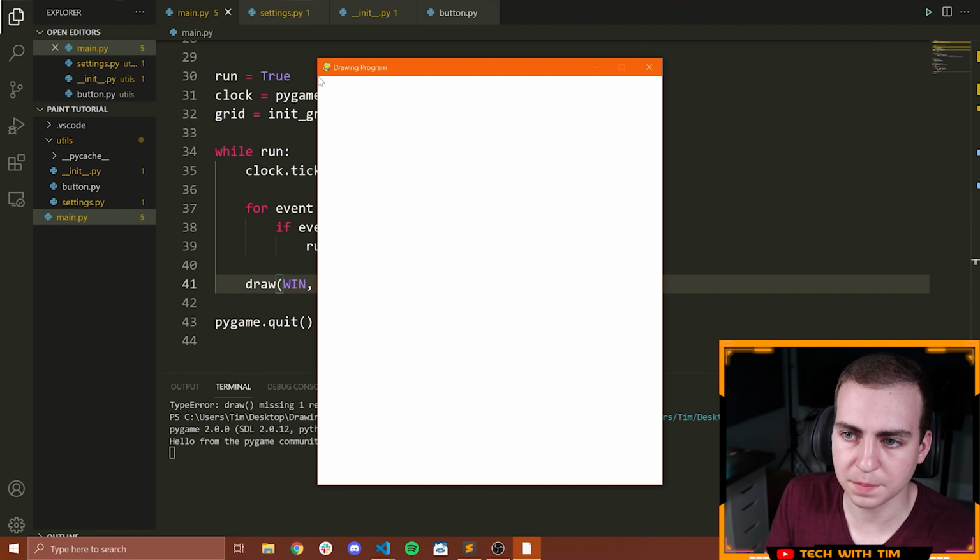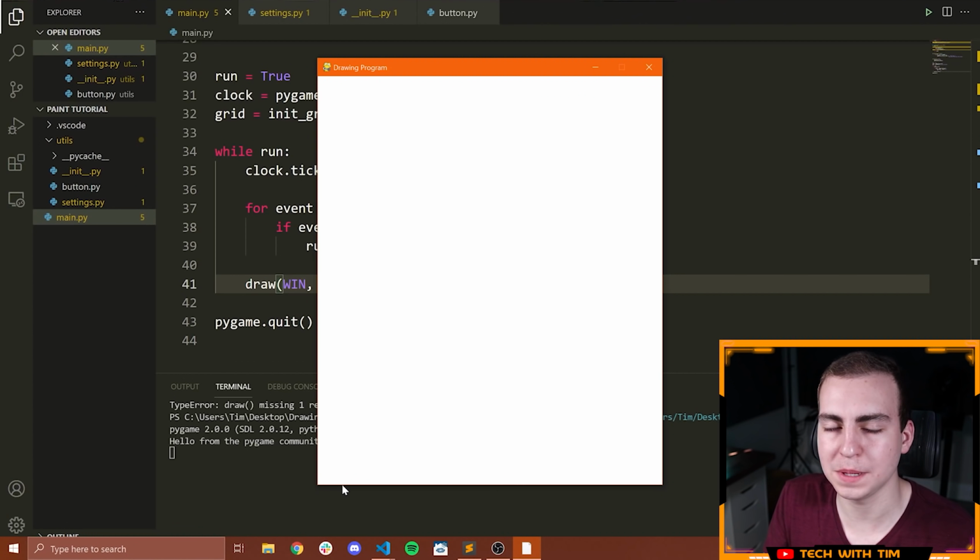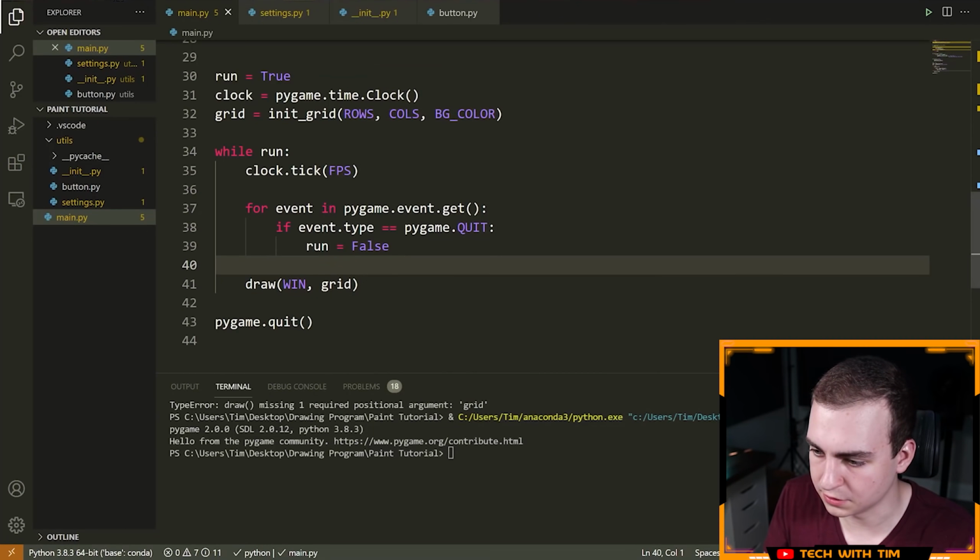Okay, so up here is the top left where my mouse is. As you go to the right, your X is increasing. As you go to the left, your X is decreasing. As you go down, your Y is increasing. As you go up, your Y is decreasing. So down here, bottom left, would be 0, 800, or 0, whatever the height of our screen is. And to the right, this would be the width of our screen, and then 0. And the bottom right-hand corner would be whatever the width of our screen is and whatever the height of our screen is in terms of the X, Y position. Okay, needed to explain that.